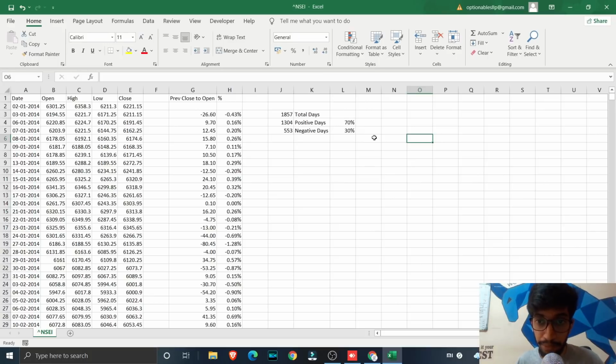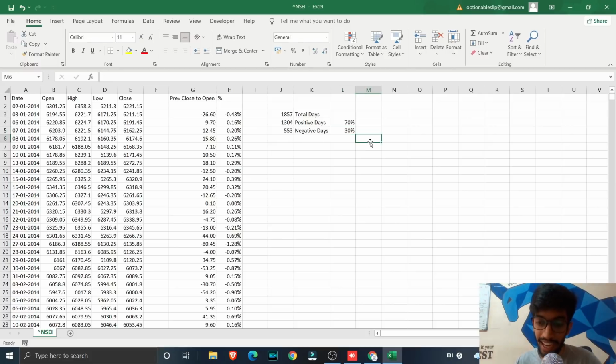So you have already come to this conclusion just by simply counting the total number of positive days, the total number of days and the total number of negative days. You have already come to this very good conclusion that most number of days the market is actually going to open positive, or it is actually going to go up higher than the previous day. Using this simple information, you can actually start building your trading systems. You can actually do a lot of analysis and get to know a lot of things, but all I'm trying to do here is show you the simplest way of actually getting the data, analyzing it and building systems.